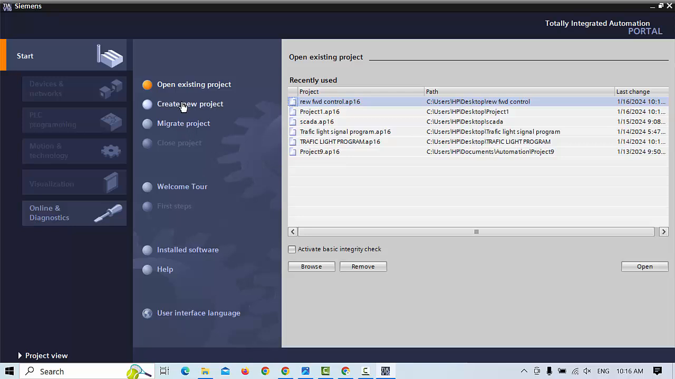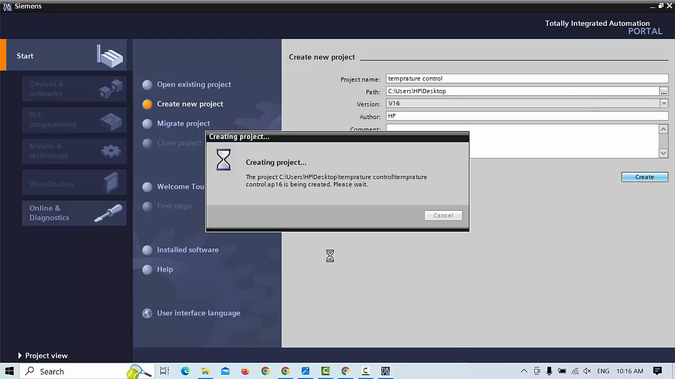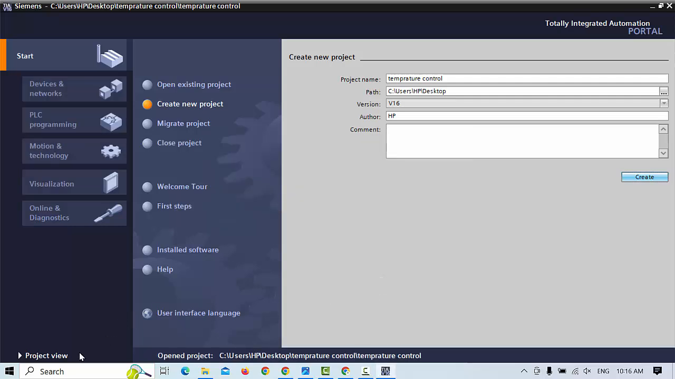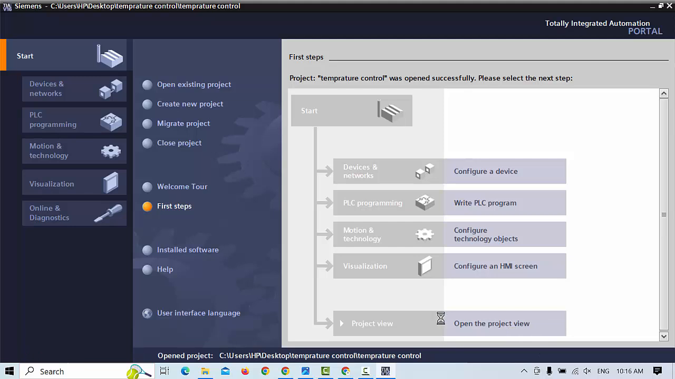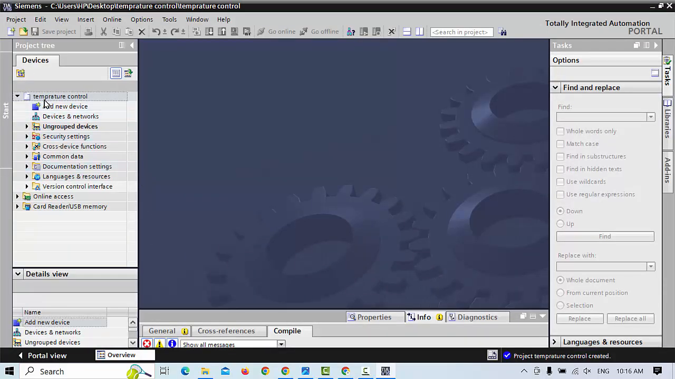the new project. Create new project, and here we can give the name TMP temperature control. You can create any name for the project, and then go to the project view, and here go to add a device,